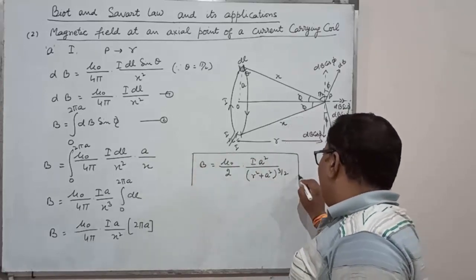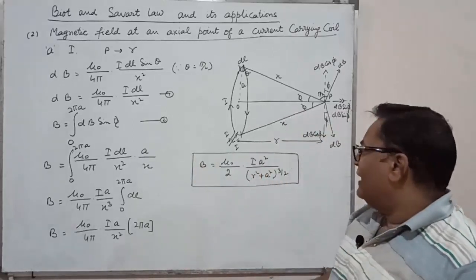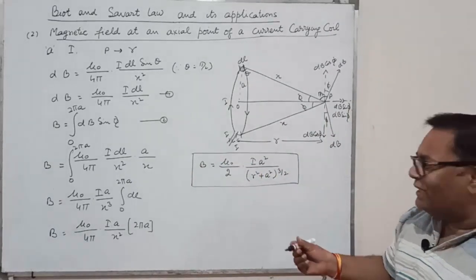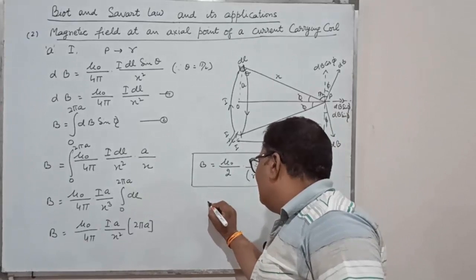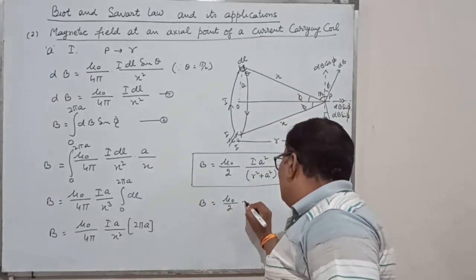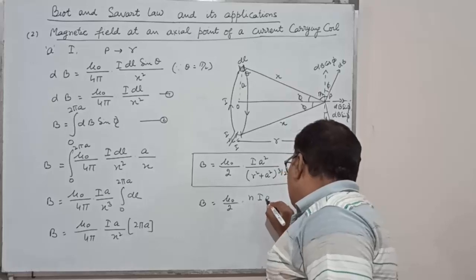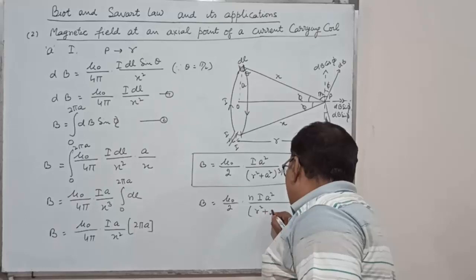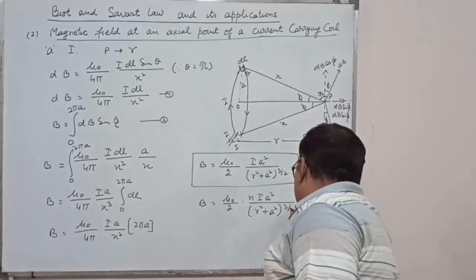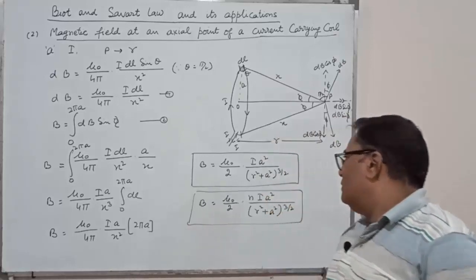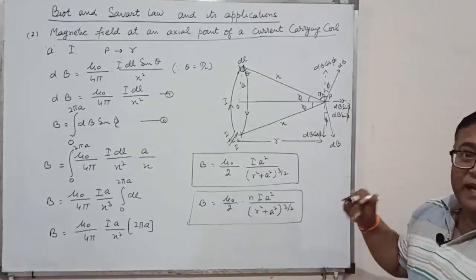This is magnetic field intensity at an axial point. If the coil contains n turns, then B is equal to mu 0 upon 2 n I a square upon r square plus a square to the power 3 by 2. Clear? And one thing more,